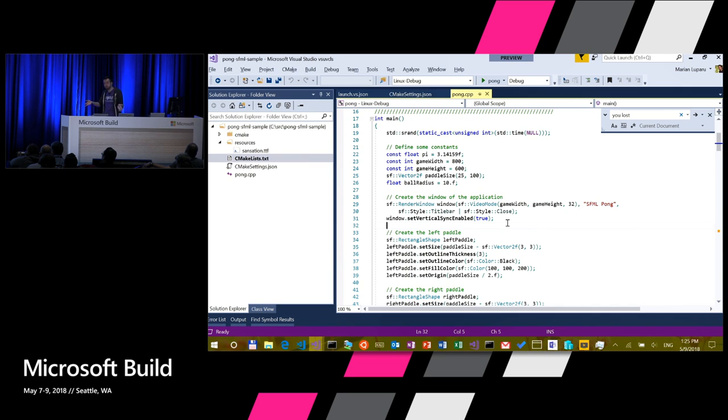You've seen I made very few changes, and I made it work both on Linux and on Windows, and I'm all set up to have IntelliSense. But as I mentioned earlier, it's not only about using the best features of Visual Studio for you to be productive when you're doing cross-platform development. It's also reusing the existing tools that you're already using. So, for example, unit test frameworks, compilers, and